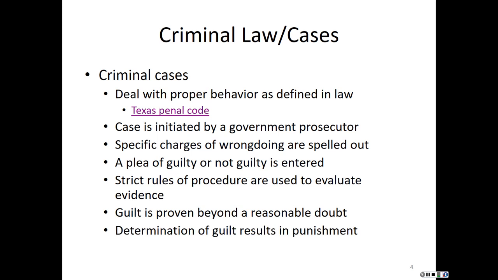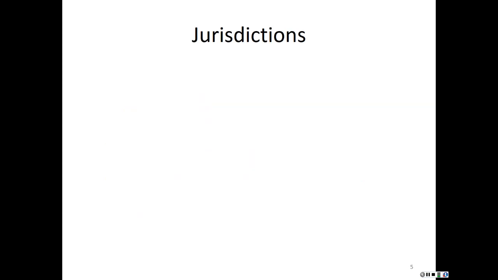Determination of guilt results in punishment. If it is determined that you were guilty of this crime, you will be punished in various possible ways. Jurisdiction. When we are talking about jurisdiction and the Texas Judiciary, I'm looking at the slide number. We see that there are 3